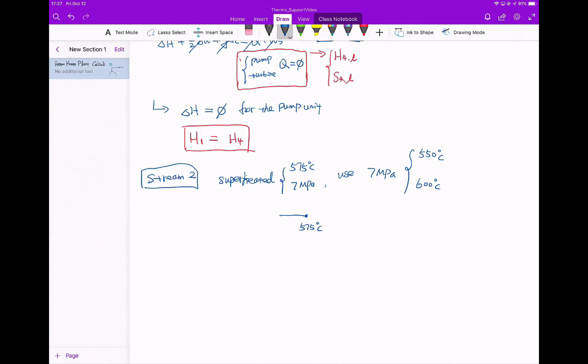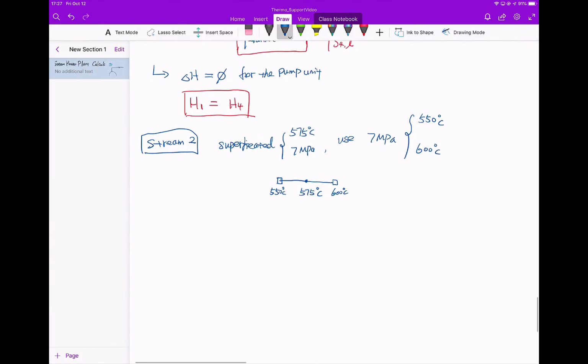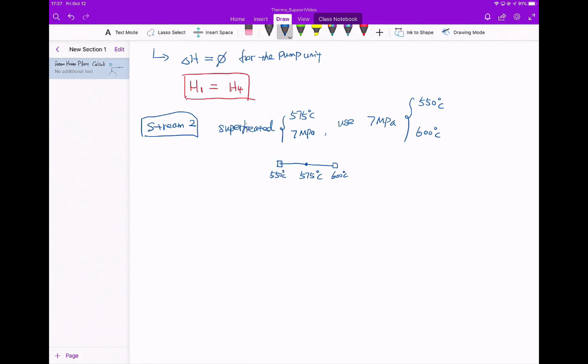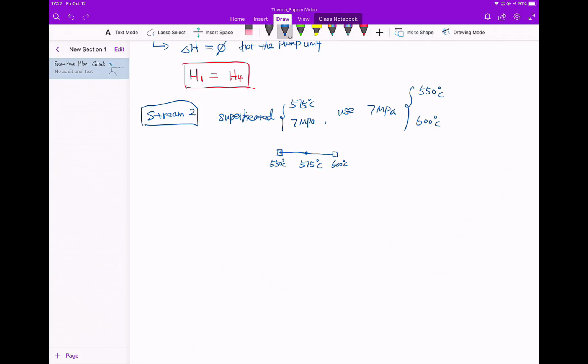This is 25 degrees C lower known condition, and this is 25 degrees C higher, 600 degrees C. So by picking up those 2 points, I can simply take their averaged values as my superheated steam. This is why H2 would be half of the known 2 enthalpy values, which is